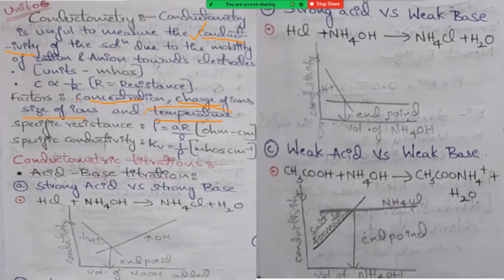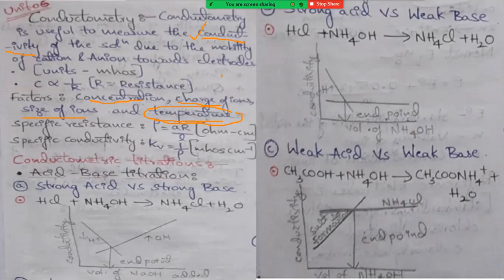Temperature is a very important factor. It is a critical factor, not only for conductometric experiments, it is a factor for many experiments. Why? Because in this experiment, when the temperature increases in the solution, the mobility of ions will increase. Ions will be easily and freely mobilized when we increase the temperature, so it produces more conductivity. So these are the four important factors we need to consider while performing this conductometric experiment.